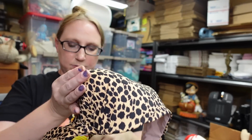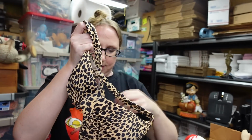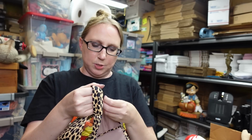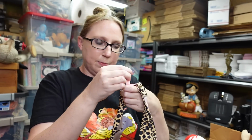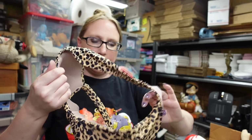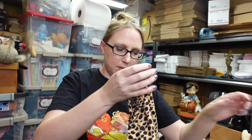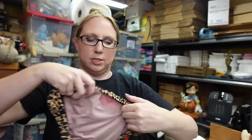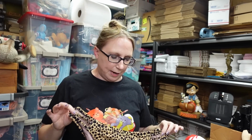$19.99. A really pretty Victoria's Secret bikini. Now is really not the time to be listing swimsuits, but you know, people go on vacation all year round. It's not going to be winter everywhere. The top is a size 36D, and it's this really pretty leopard print, and it comes with the bottoms, which are a size large. They look like this. I got this at a yard sale. I think I paid $5 for it, and I have it listed as a buy it now for